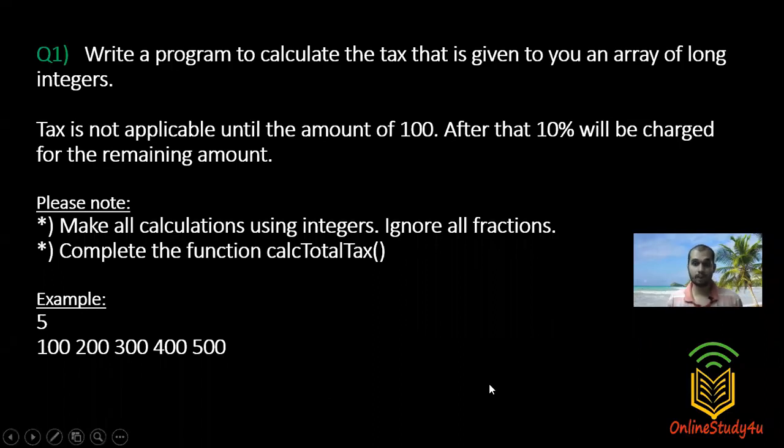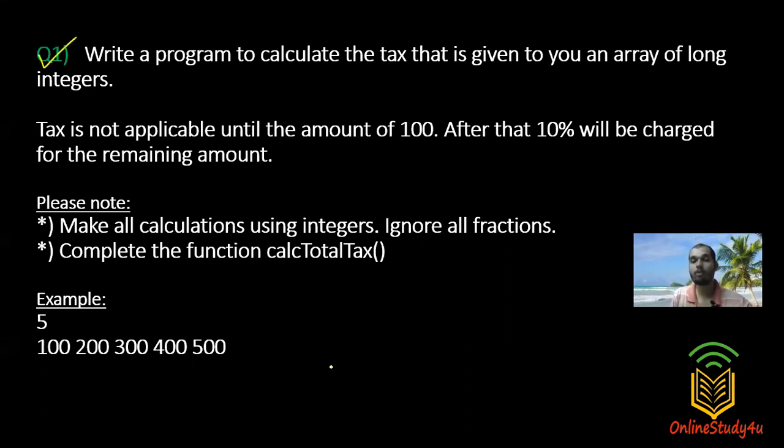Okay, this was the first question in the examination. Very simple. So this is in C++. You can do the same thing in Java, Python, whatever programming language you want. It's going to be very easy. It's going to be the same logic. Now with that, we have finished this first question.